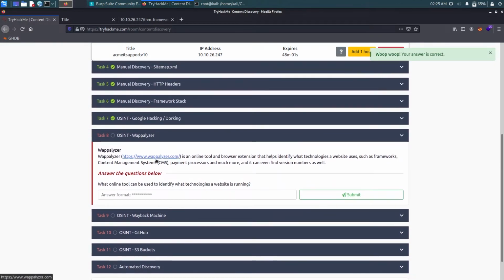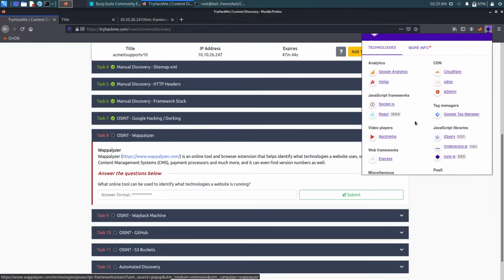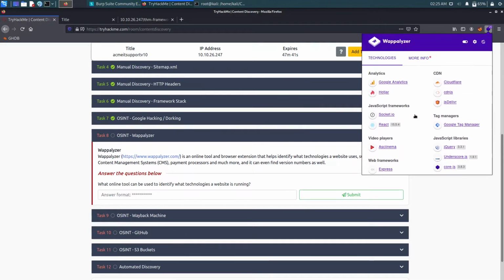Now it says Wappalyzer. I pronounce it as Wappalyzer, or you can pronounce it as you want. This tool helps us to know what tools or frameworks or CMS our website is using right now. I already have it installed. As you can see, the THM or the TryHackMe website is using these